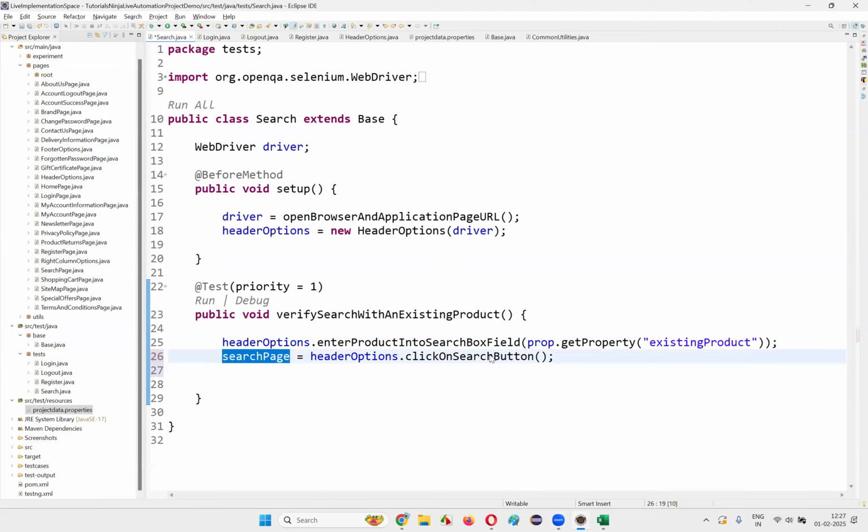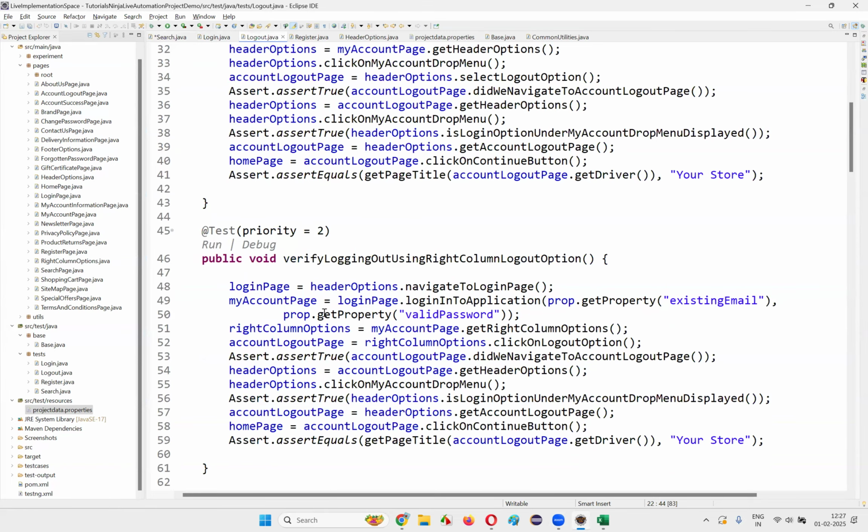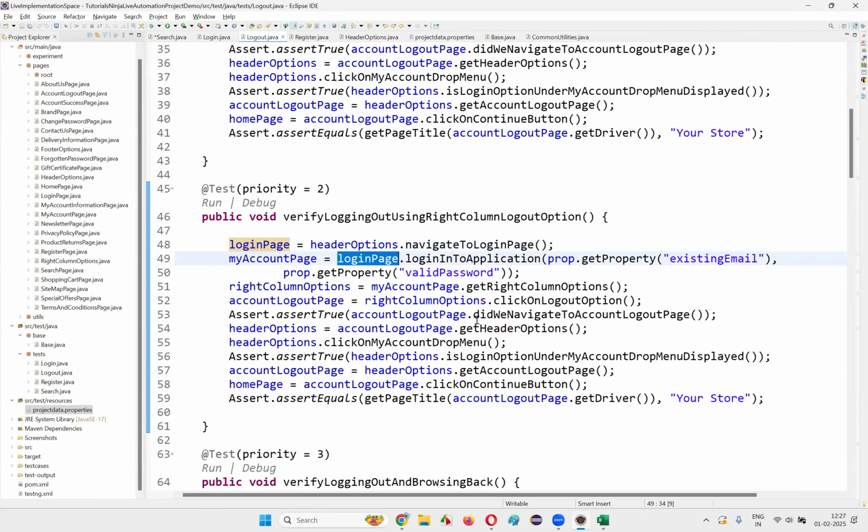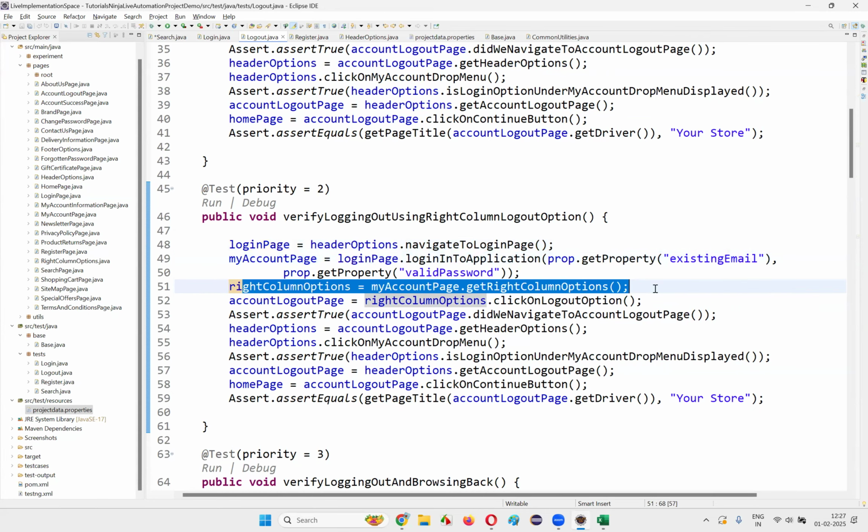If not, sometimes what happens is we have to jump. In our previous thing, the same thing happened. For example, in the logo.java, somewhere here, if you see login page dot header options, from header options I want to get the login. Here, navigate to login page will give you the login page only. It's coming because this method is returning the object reference of the login page. We know its activity is that we will be taken to the login page, and its return type is login page only, which is good. But somewhere here, line number 51, what's happening is